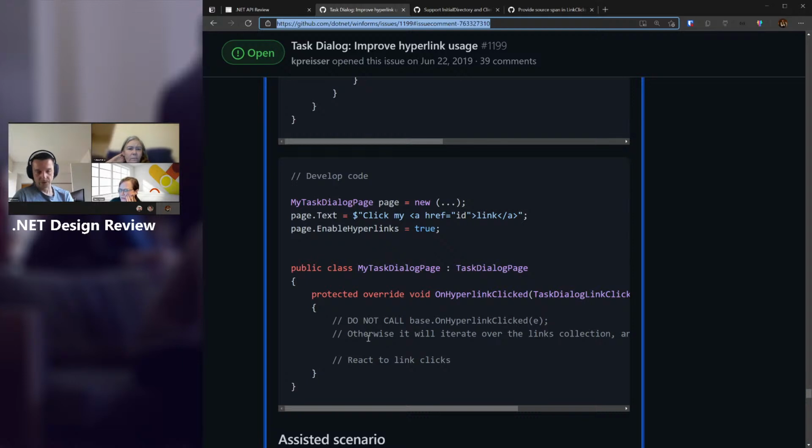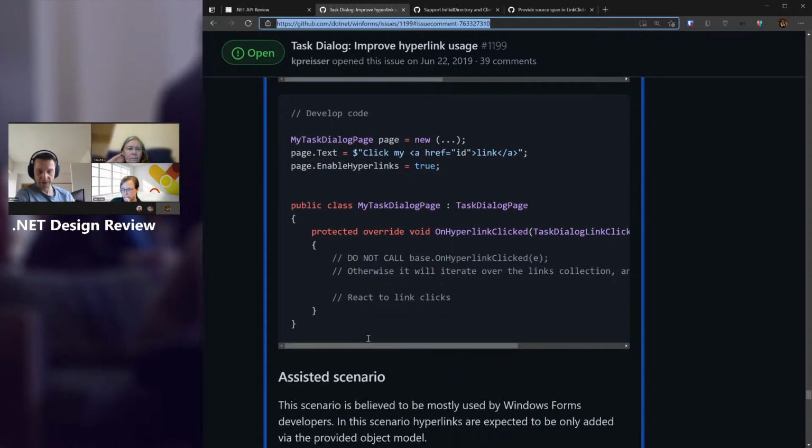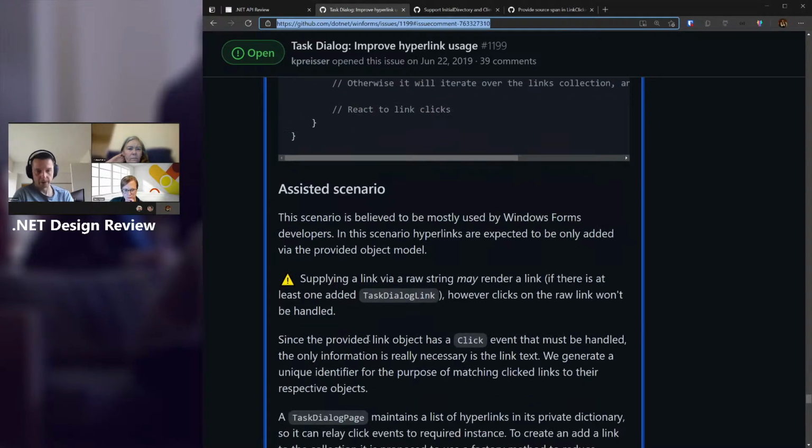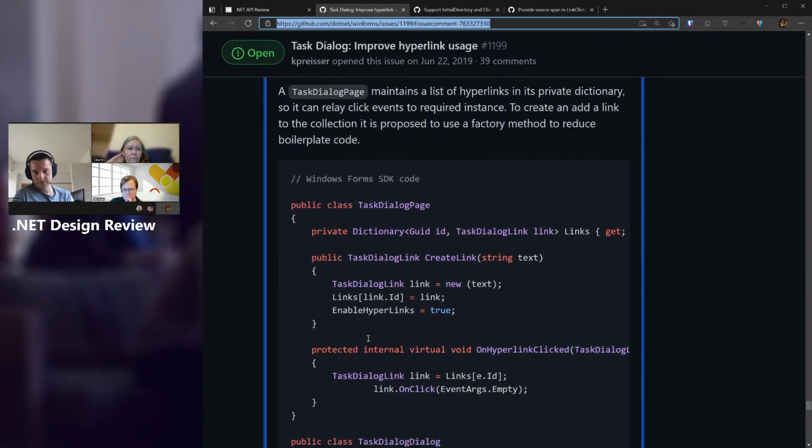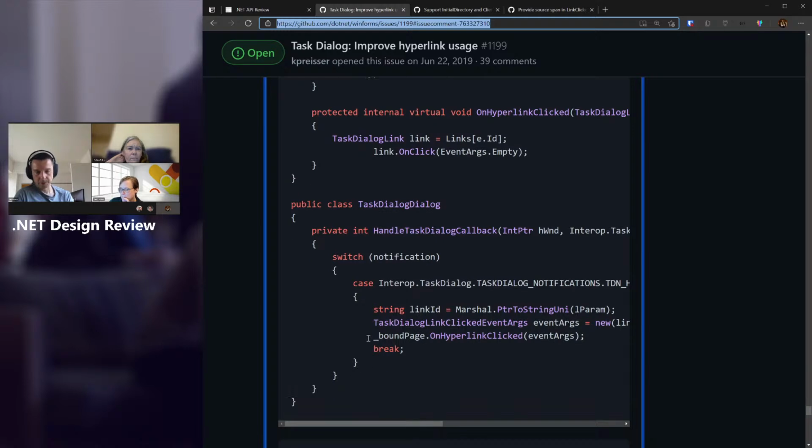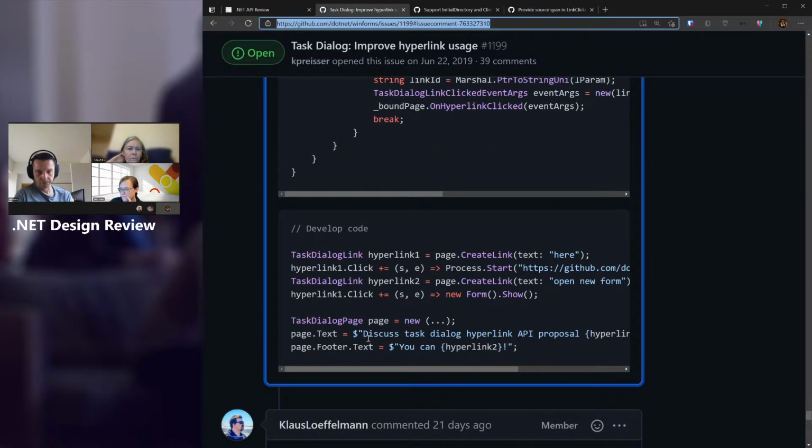Correct. That's sort of the hardcore, unassisted scenario for users who want to be as close to that C++ Win32 paradigm. We don't expect a great deal of users using that way, but we didn't want to close that avenue, because people may be coming from Win32 saying, well, hey, I could do it that way. Why do I need to?